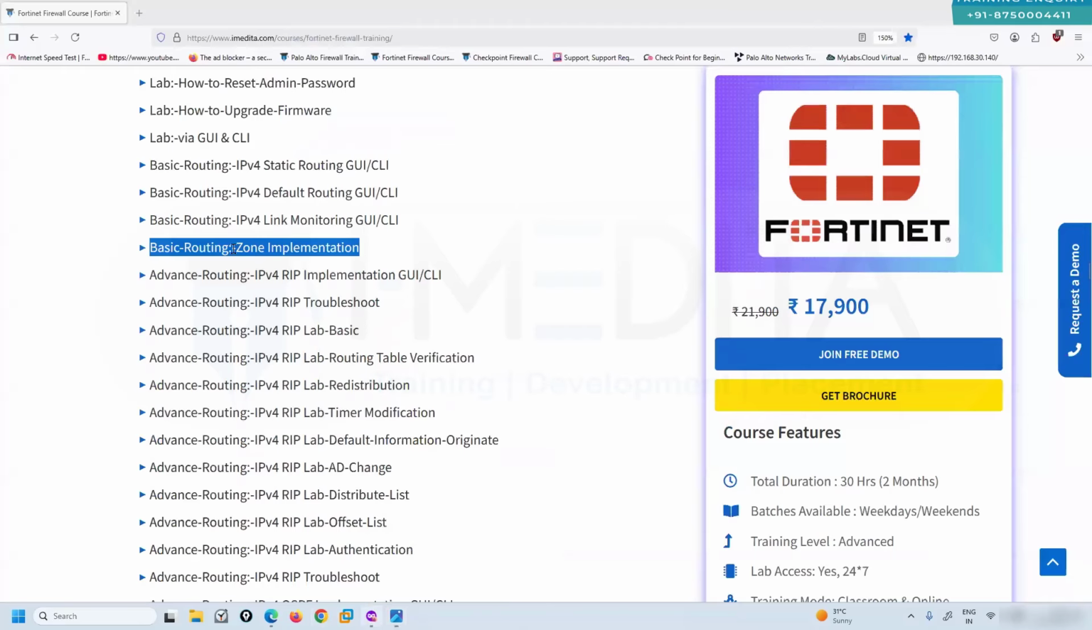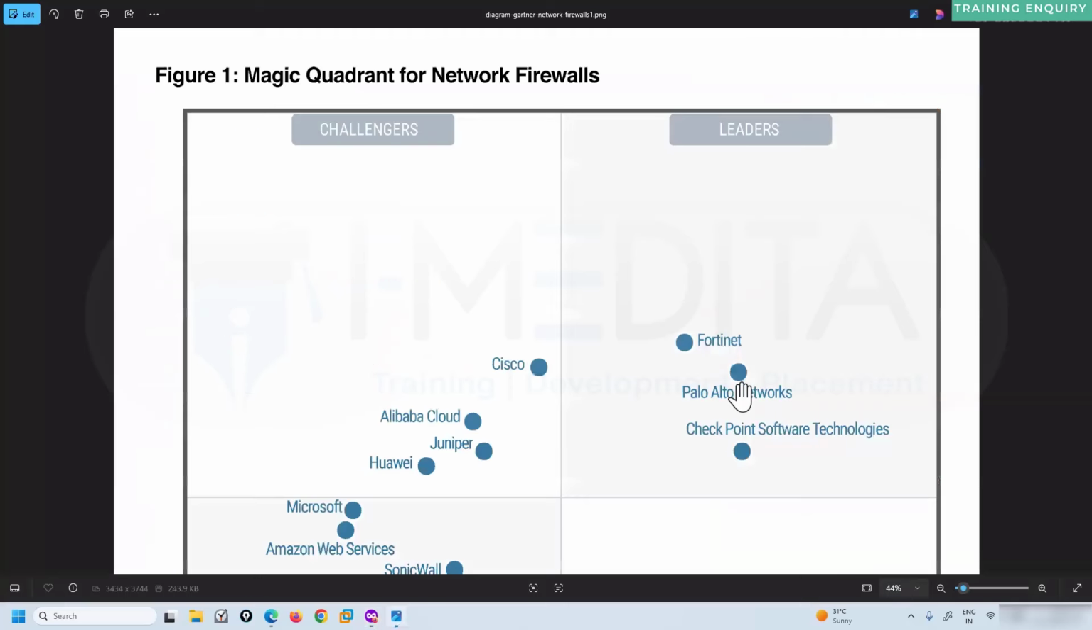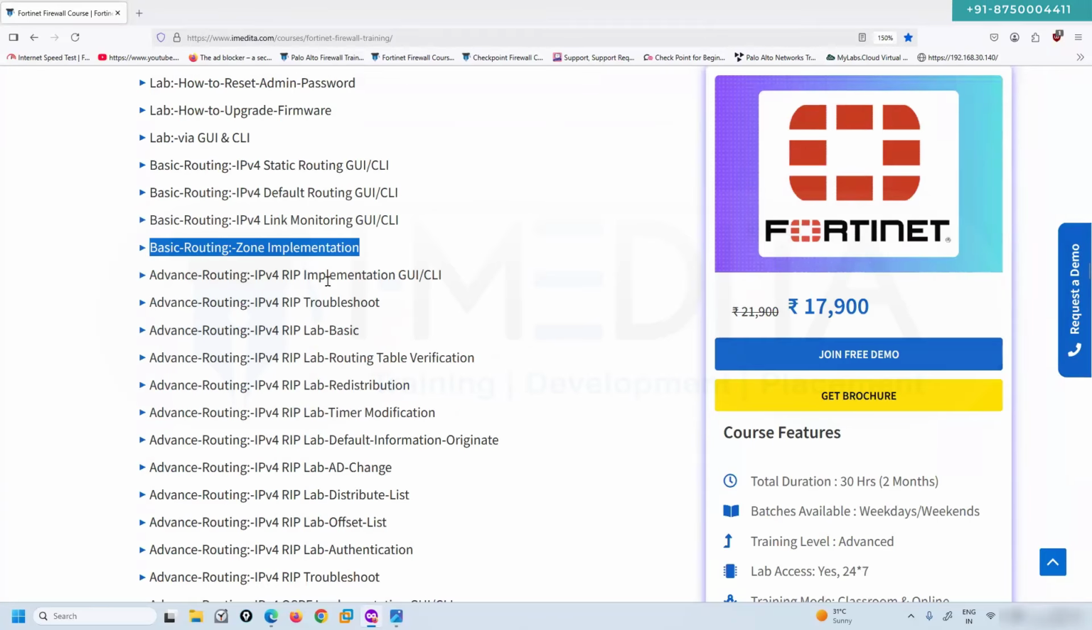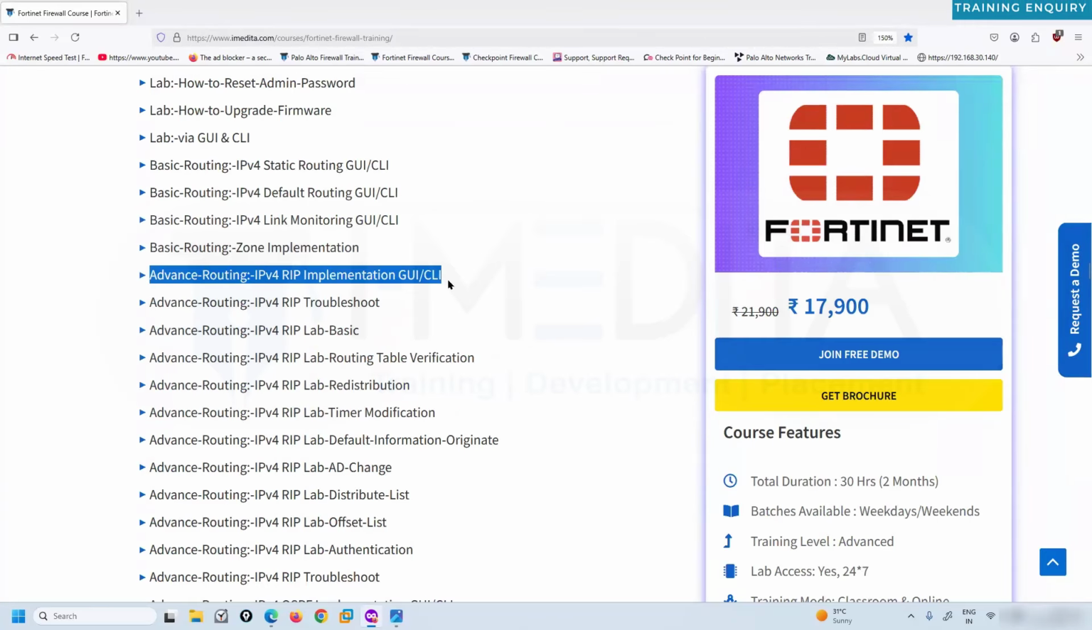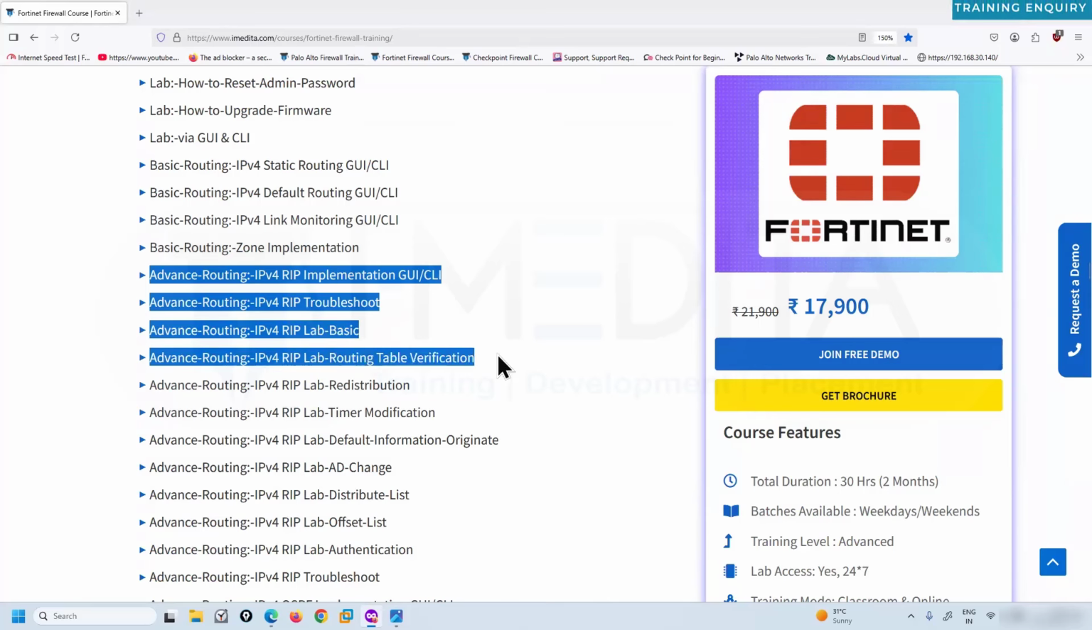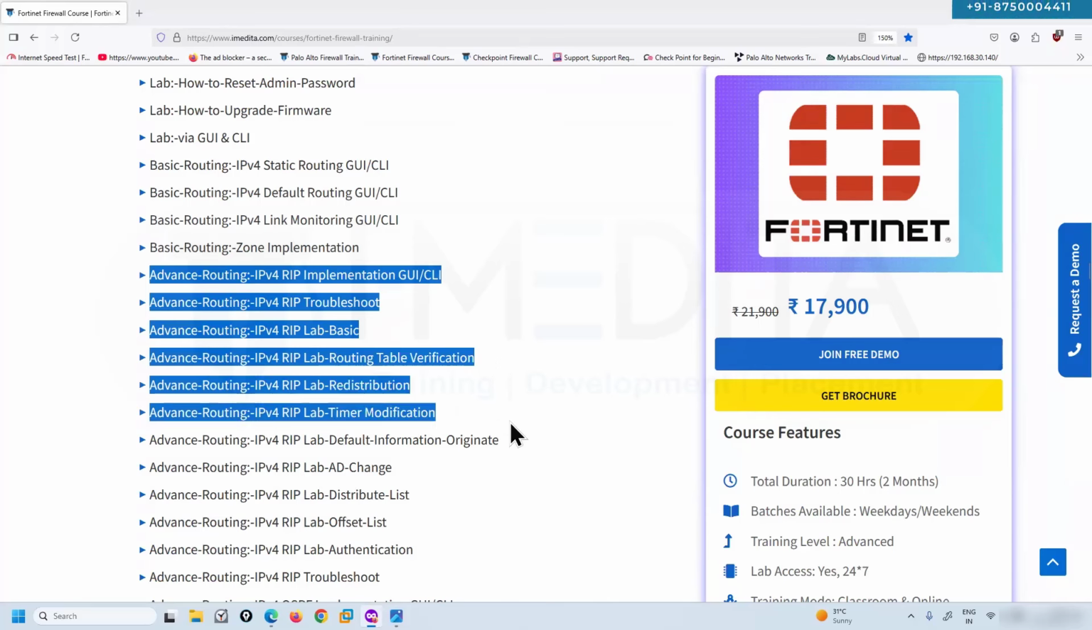FortiGate Firewall also supports zone, and you can implement zone on FortiGate Firewall like Palo Alto and Checkpoint. After this, we will move toward advanced routing. In advanced routing, we will learn about RIP implementation and troubleshooting. And here in implementation, we will learn about basic RIP implementation, routing table verification, redistribution, timer modification, default information originate